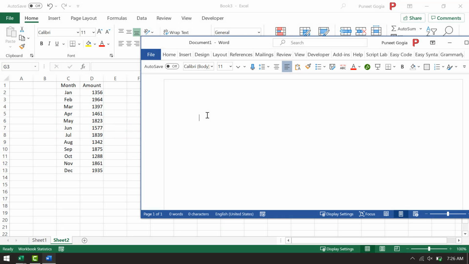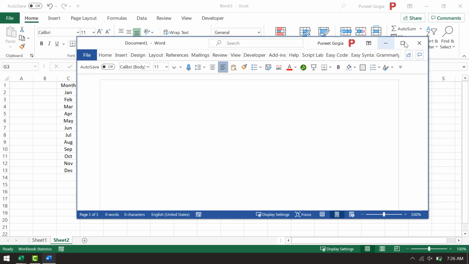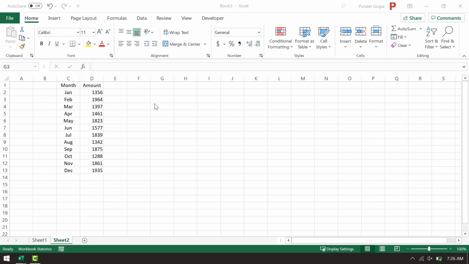If you use Microsoft Word, you have an option there to create a bulleted list, but unfortunately in Excel there is no such kind of option that you can use. But you can do this by using custom formatting. So what you need to do is select the cells where you want to create your bulleted list,